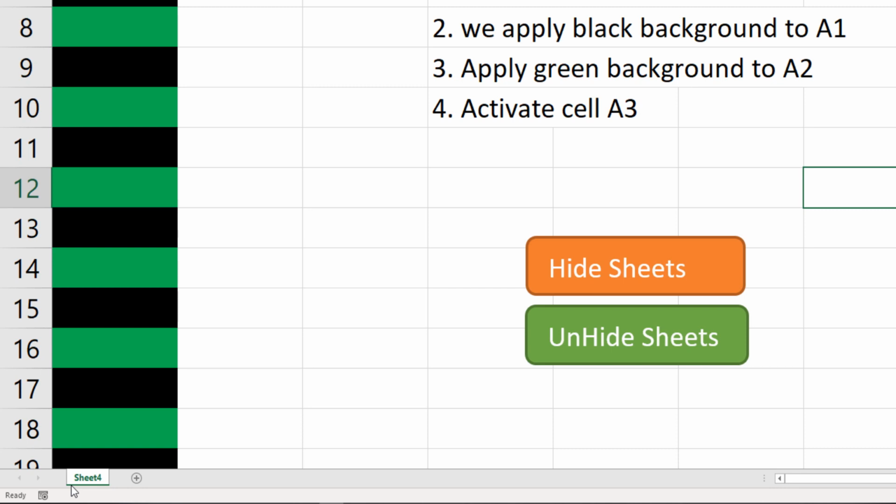Okay, so let me give you one more useful example of macro. Assume that you are working in a corporation and you have to print certain data for people. You just enter the registration number, and all their detail comes on one page, and then you have a click button print, and it will print that area.